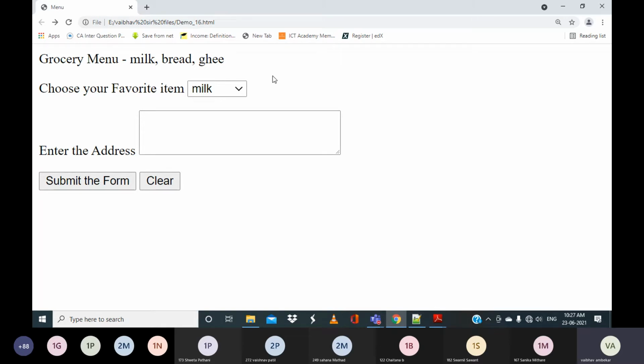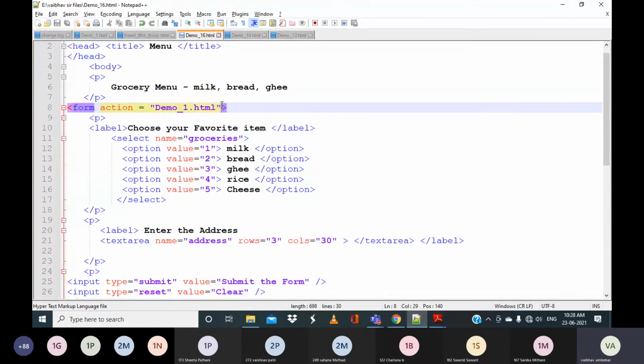For example, your data is stored or your record is saved successfully, you get that information. Where you want to get that information, whether on the same page or in a different window, in such a situation we use another attribute called target.